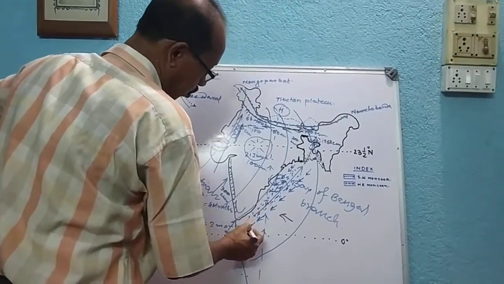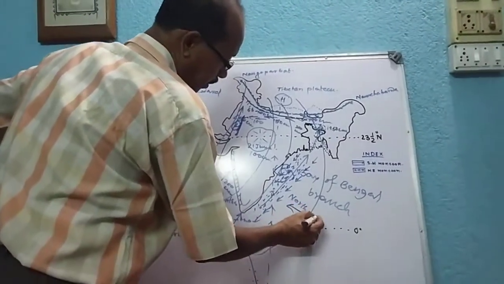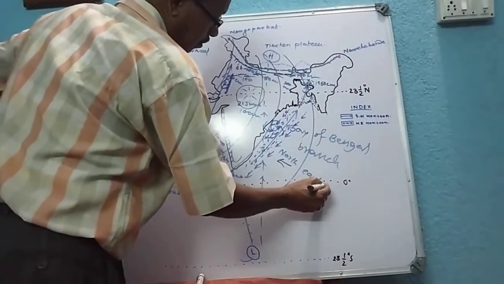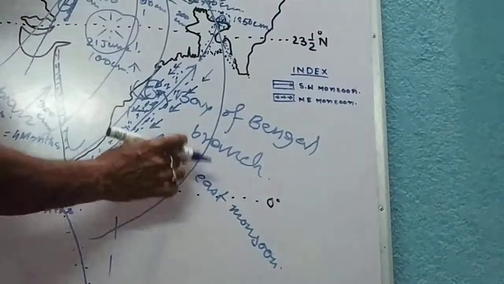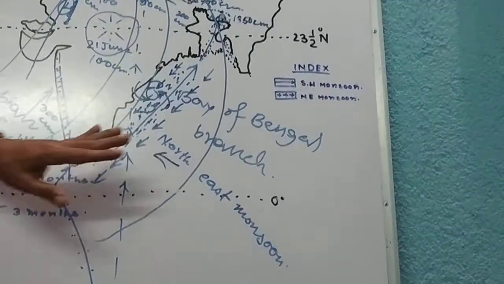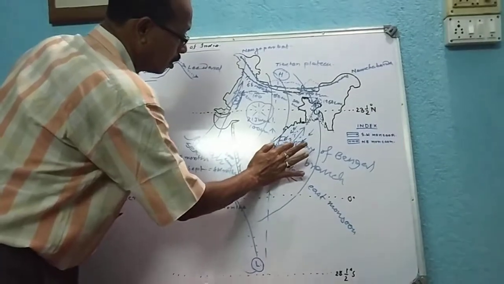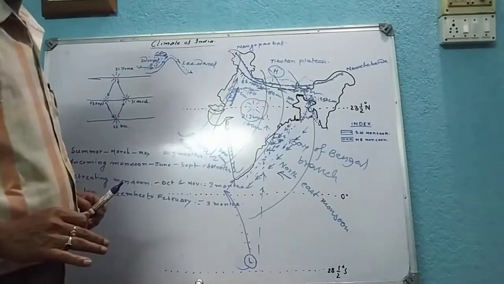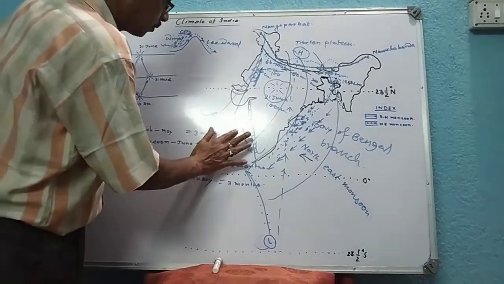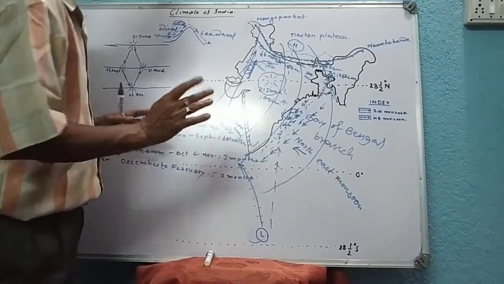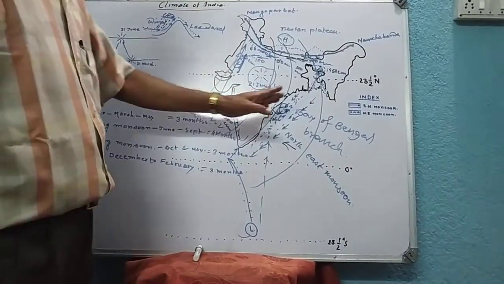This is called northeast monsoon. This is northeast monsoon. The southwest monsoon totally loses its existence. In the winter season, there is no trace of southwest monsoon, only the northeast monsoon exists, and as it is